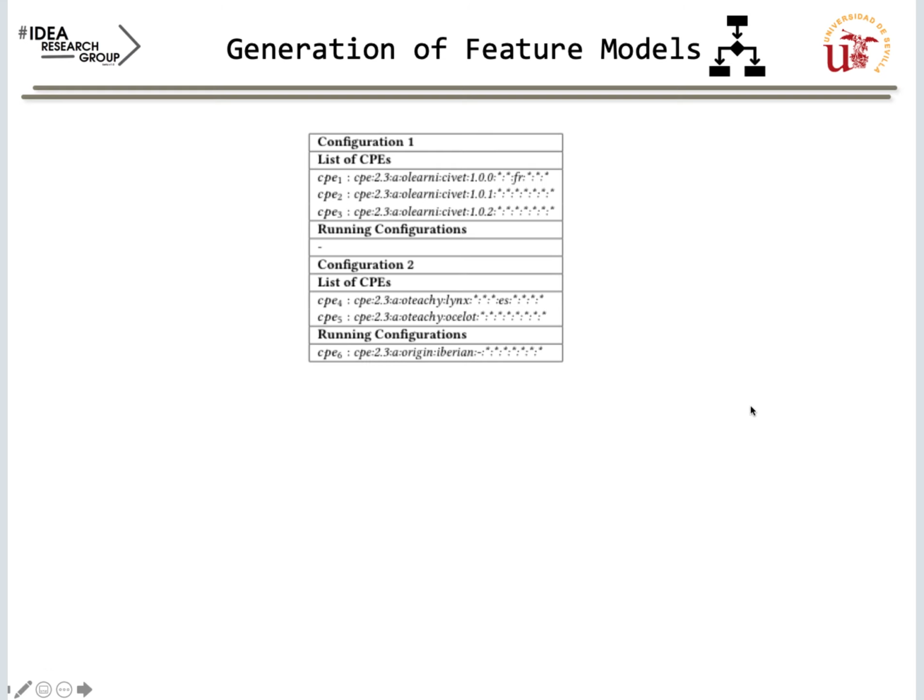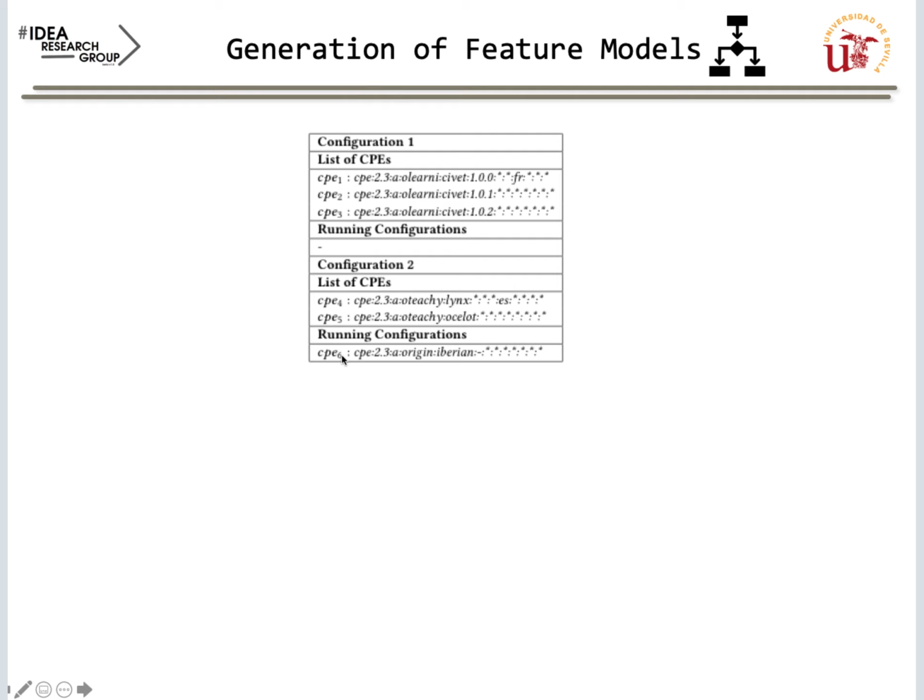Following the same example shown in the previous slide, we will simplify the generation of the feature model. This is a synthetic example that represents a vulnerability composed of two lists of known affected configurations, configuration 1 and configuration 2. Each one is a list of CPEs. In this case, the first configuration is composed of 3 CPEs, and the second is composed of 2 CPEs and